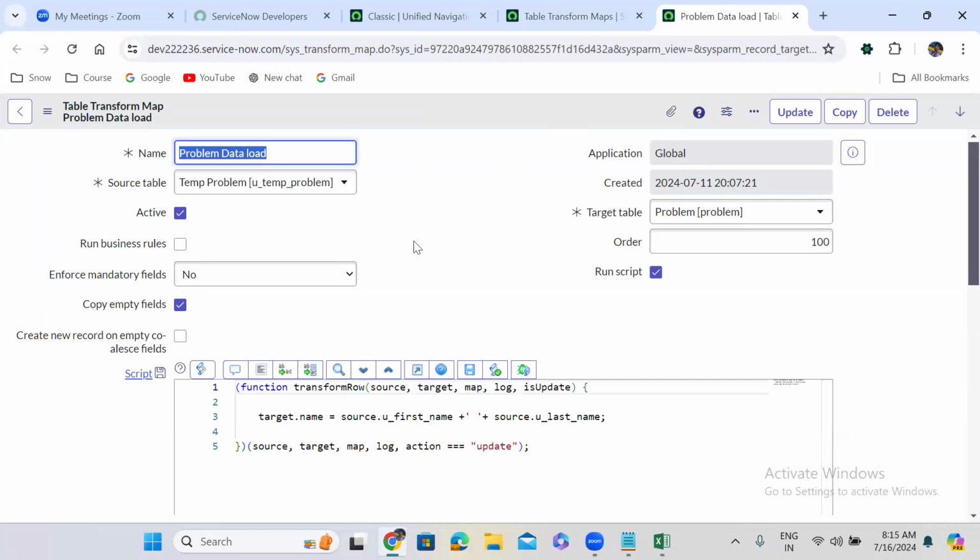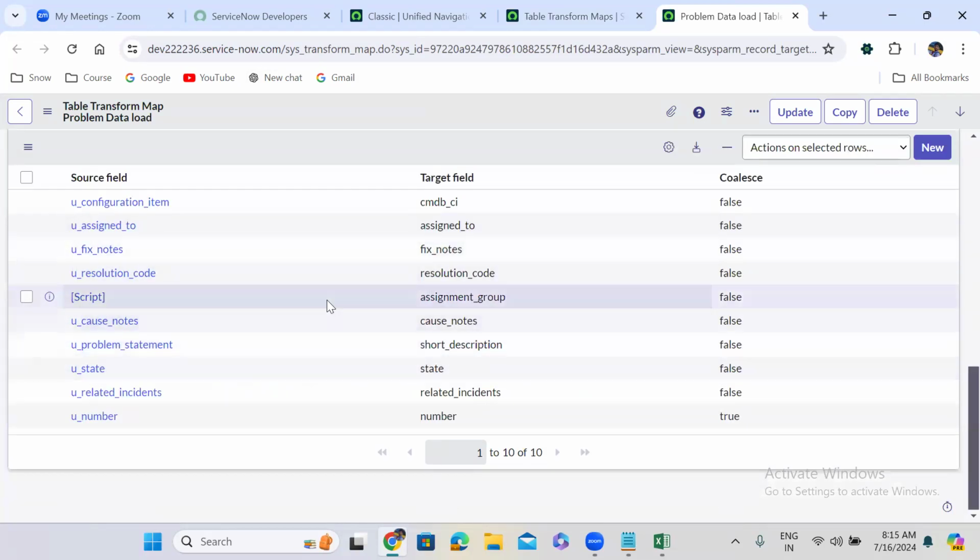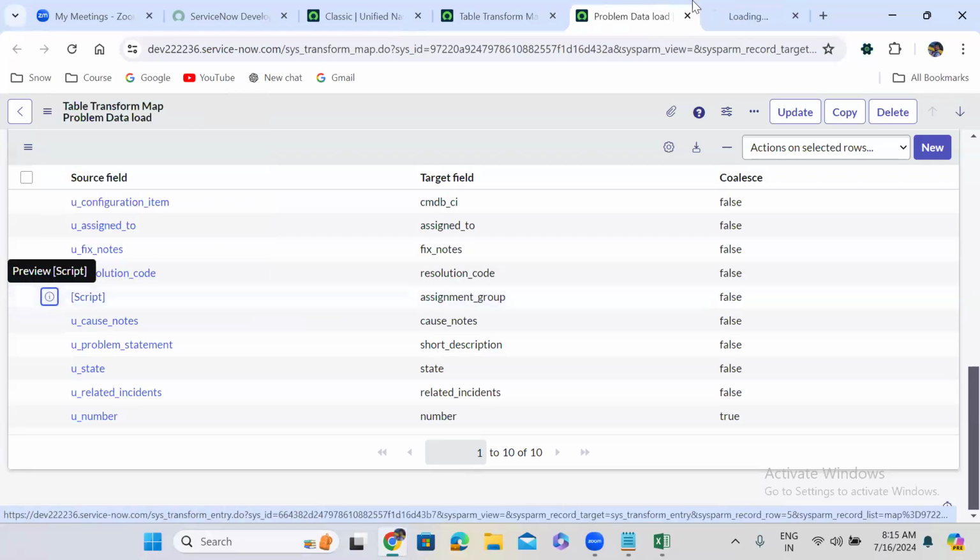In this transform map, here let us say assignment group. Whatever assignment group is coming from the source, if that is not available in the target, if that is not there in the ServiceNow assignment groups. Suppose you are passing an XYZ group, and that XYZ group is not there in ServiceNow. If you have selected choice action as create,